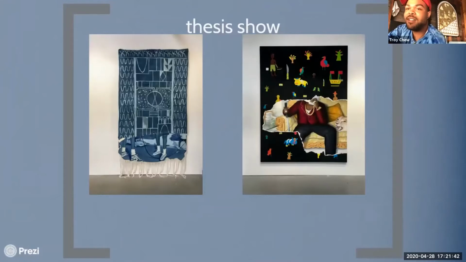And then finally, we got to my thesis show. I guess I just included these works to show how I eventually moved from mud cloth. I think the project will be to work with all of the West African countries' cloths and tell the story from all the lenses rather than just Mali's, because slaves came from all of West Africa, not just